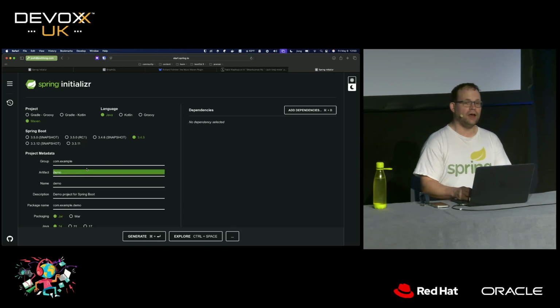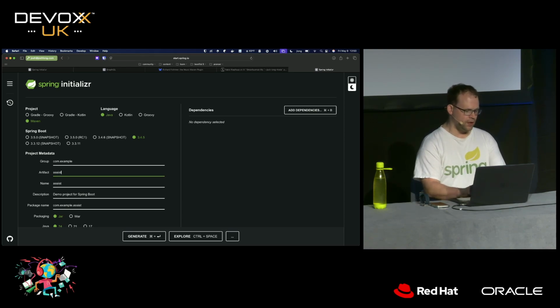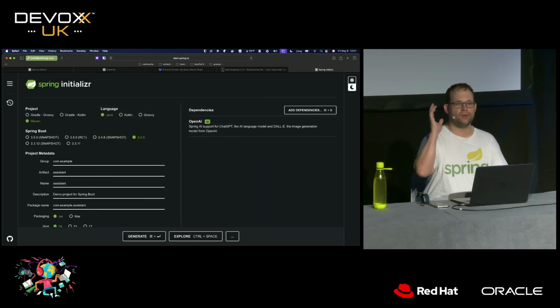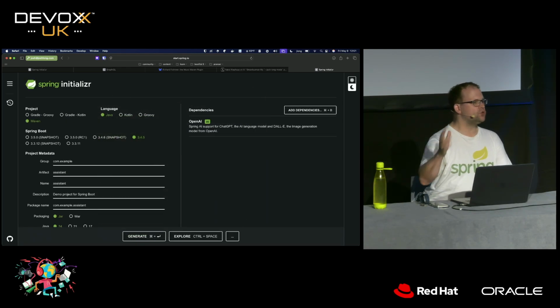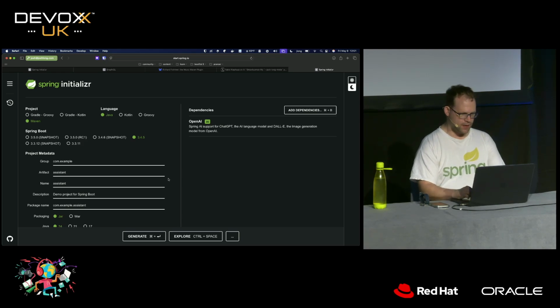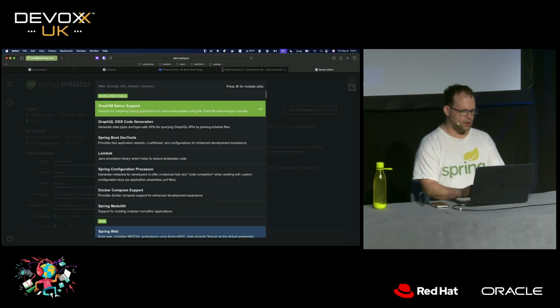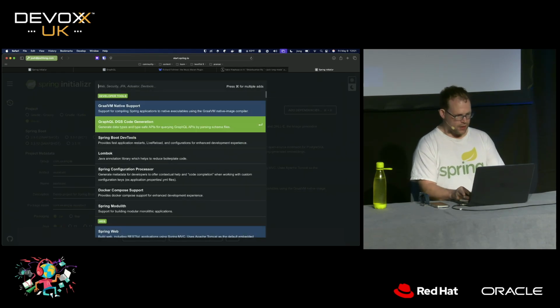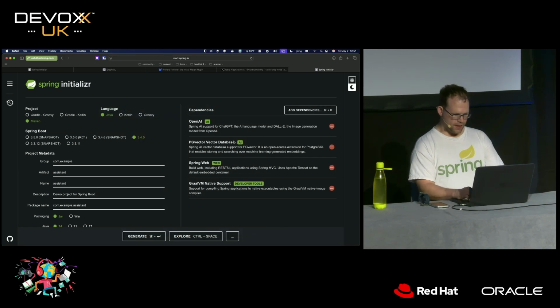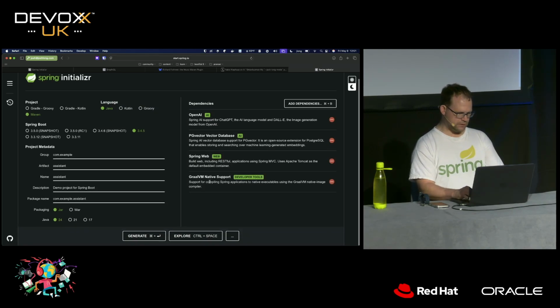In the meantime, I think we need to build an assistant to help people find the dog of their nightmares, right? So let's do that. We're going to build an AI-powered assistant using Spring AI, which, by the way, goes GA on the 20th of May, right? So like 11 days from now. Okay, so we're going to build an assistant. We're going to use the PGVector. We'll use the web support. We're going to use the GraalVM native image support. We're going to use, I don't know, I think that's it. OpenAI, Spring AI, GraalVM, that's probably fine.